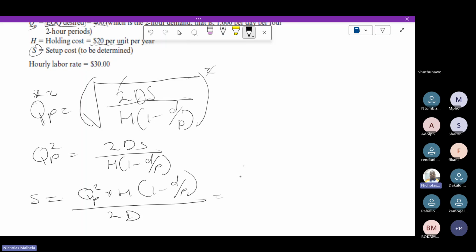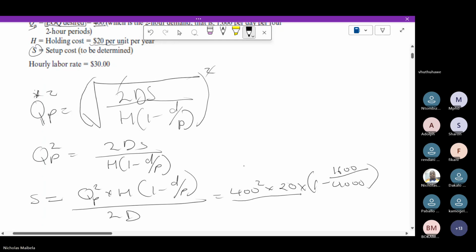which equals 400 squared multiplied by the holding cost of 20 multiplied by 1 minus 1,600 of daily demand over 4,000 of daily production, over 2 multiplied by 400,000, which is equal to,